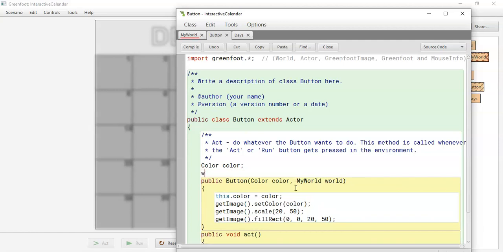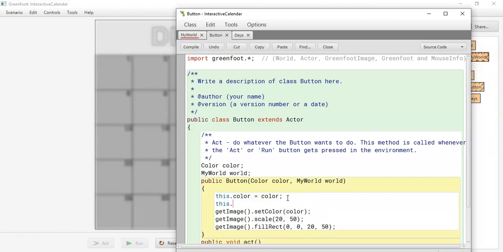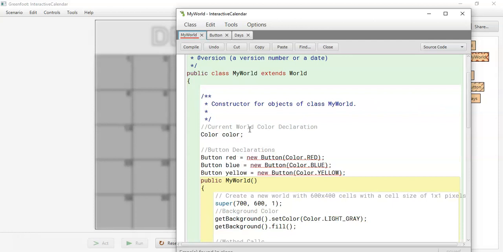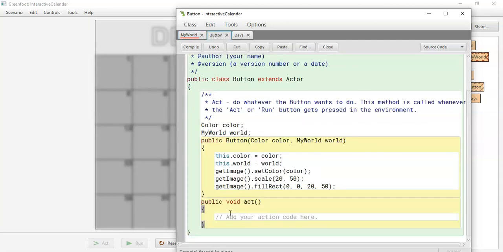and we're going to say my world, and so we're going to say this dot world equals world, and that way we can access the color of our button and the color of our world color that we created in our my world, our world color. Okay, so